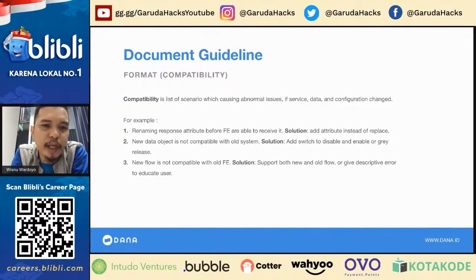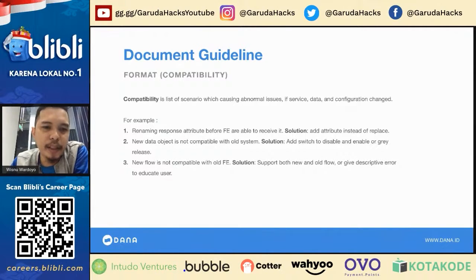For example, you rename a response attribute or response parameter before the front end is able to receive it. The solution, of course, is to add an attribute instead of replacing it. But here, if you have system analysis, you can know, oh, I should not do this. Or you can talk with the team that changes the attribute to not do that.